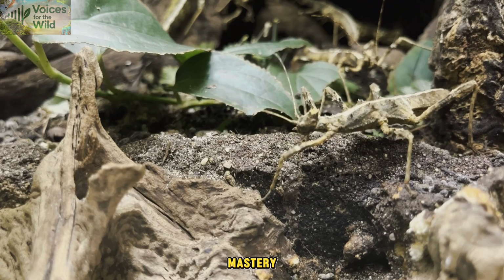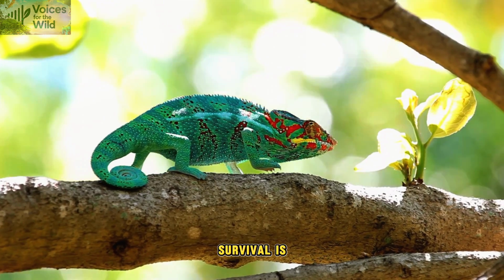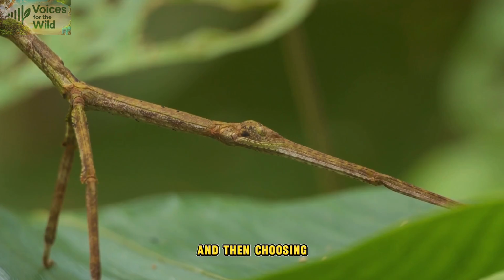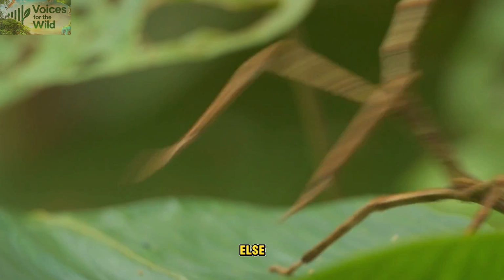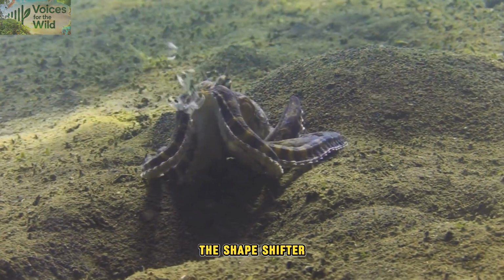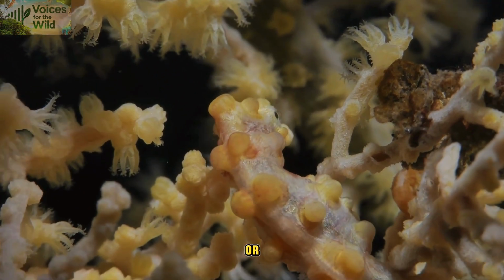And in that quiet mastery lies a lesson bigger than camouflage. Survival is often about understanding what the world pays attention to, and then choosing to be something else. Which master of disguise impressed you most? The shapeshifter, the pixel skin, the vanishing edge, the coral twin, or the deadly